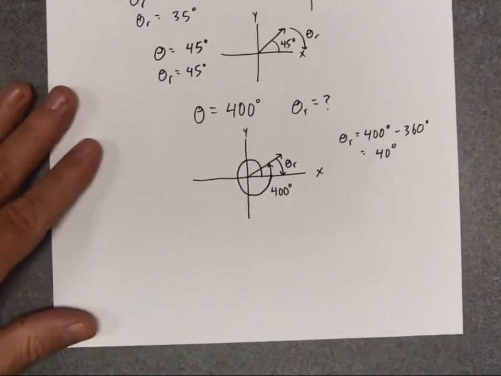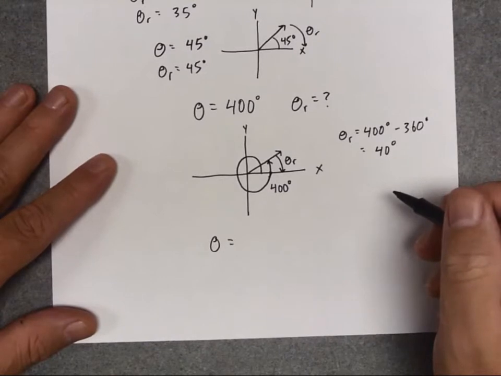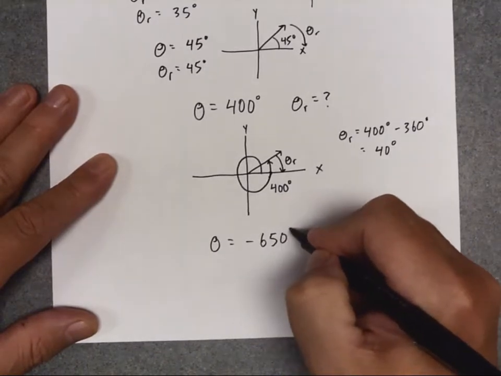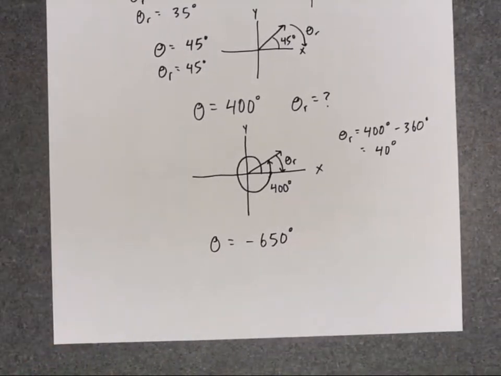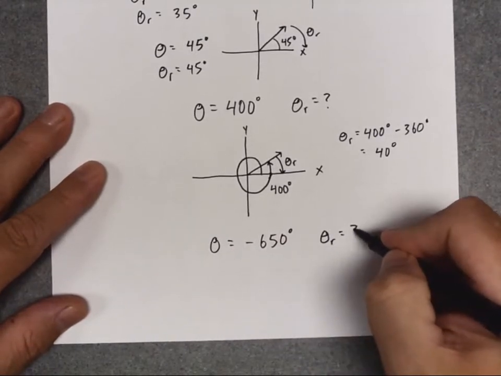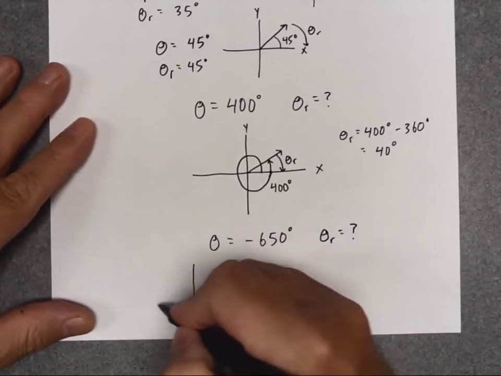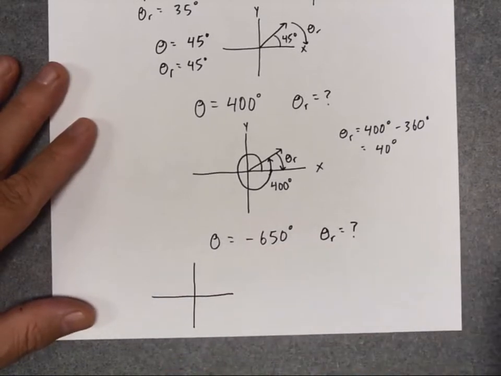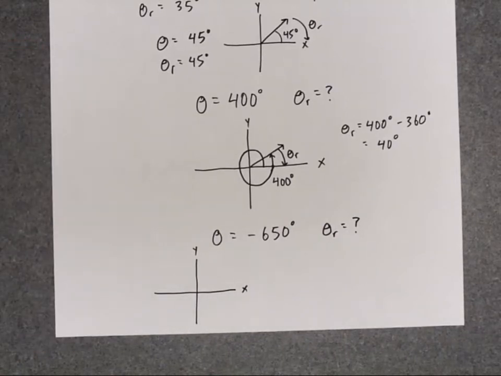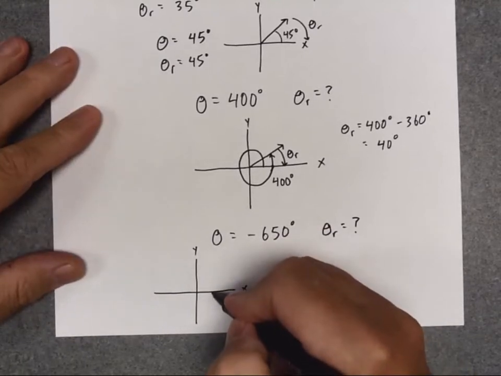Let's do one more of these. All right, this one will be fun. How about, all right, for a negative 650-degree angle, what would the reference angle be? So let's draw a negative 650-degree angle. So now it's a negative angle, so I'm going to go sort of in the clockwise direction, and all the way around the circle,